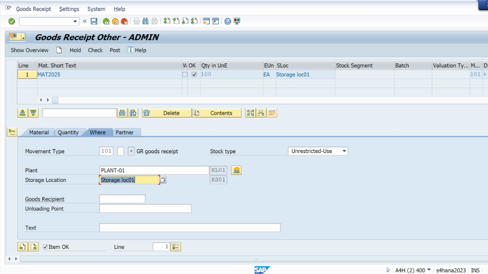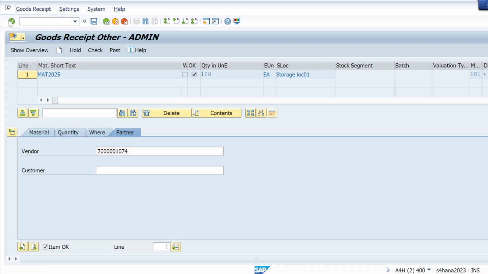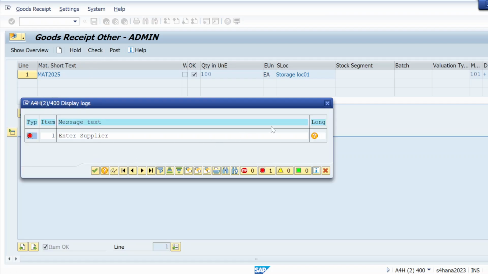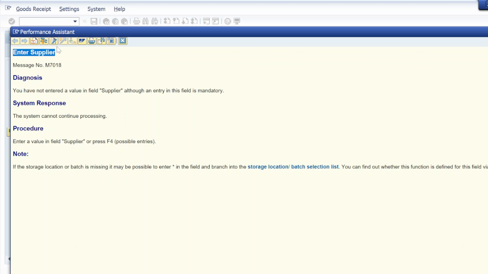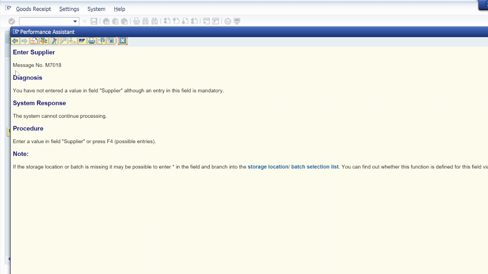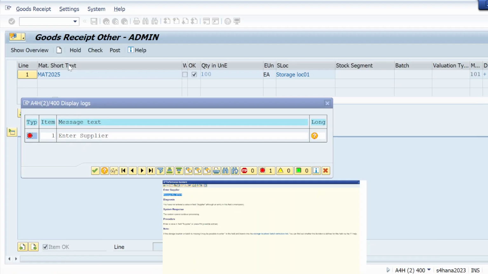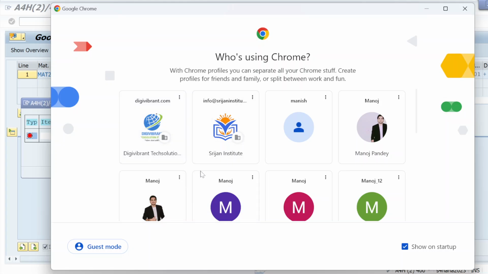Okay, now let me check. Let me Google it. It's a very common thing, like it's asking for supplier.